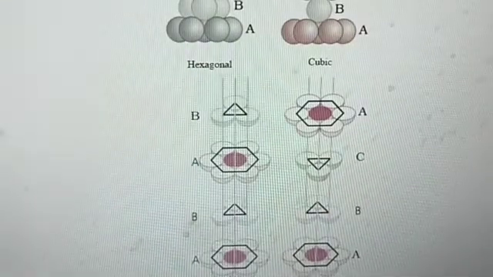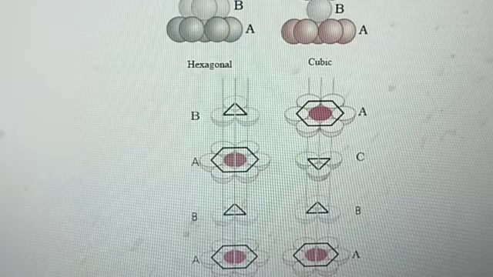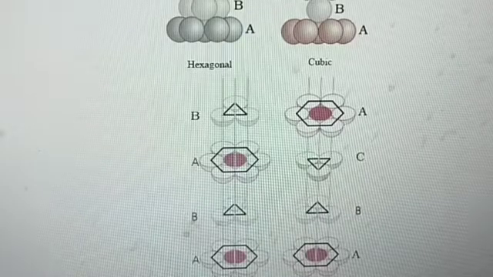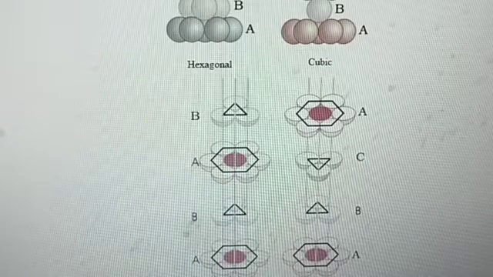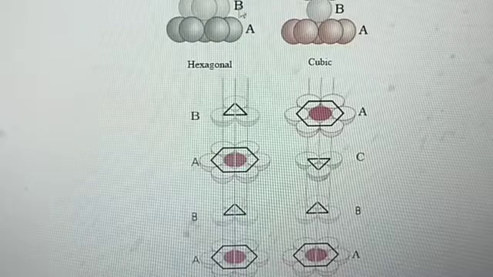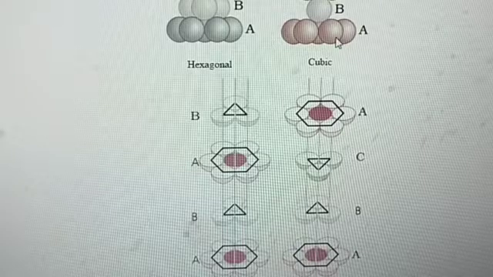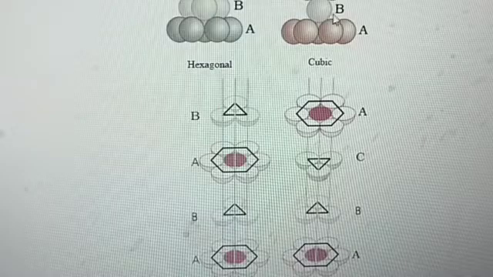So here, how will the alignment be? When we place the third layer to cover the octahedral voids, the spheres of the third layer are not aligned with those of either the first layer or the second layer. In the AB arrangement, the spheres of the third layer are exactly the same as the first layer. But in this arrangement, the spheres of the third layer are not the same as either the first layer or second layer.